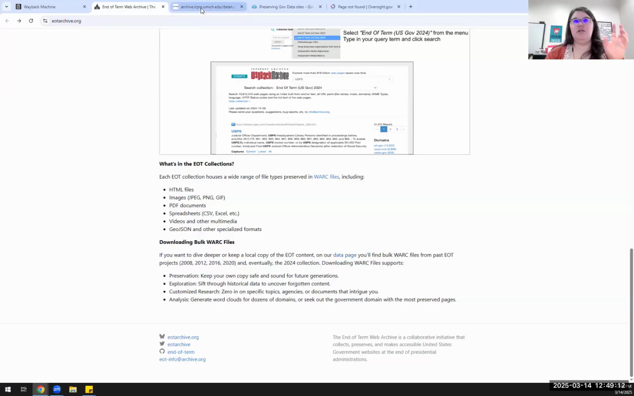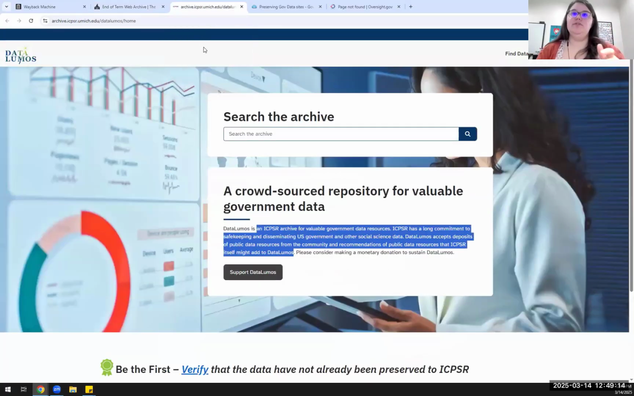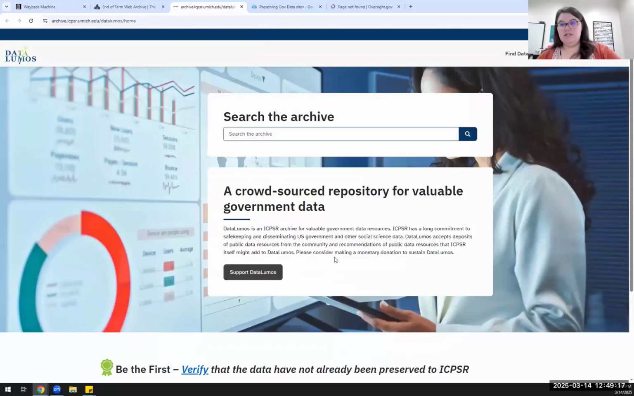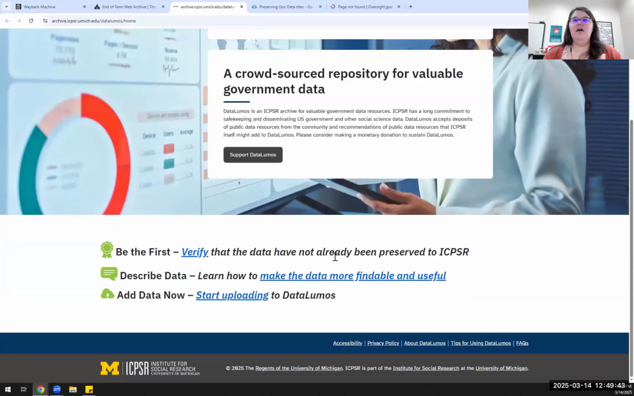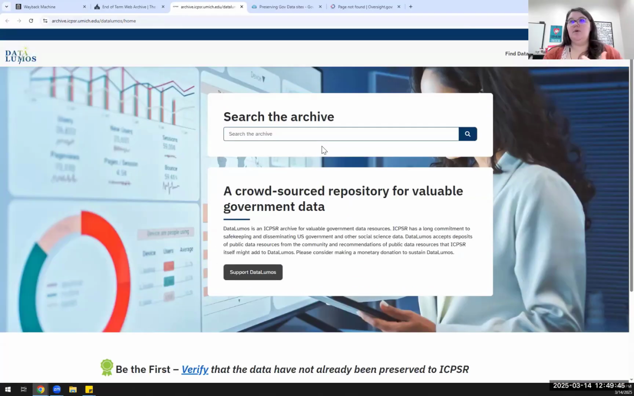The last one that I'm going to touch on specifically is Data Lumos. This is actually a project through the ICPSR, which is an institute at the University of Michigan. It is basically acting as a backup for a lot of the data that is listed on government sites, because government is, again, huge and can focus on everything. Data Lumos is really focused on social data and that kind of thing. But you can actually search in this archive as well,